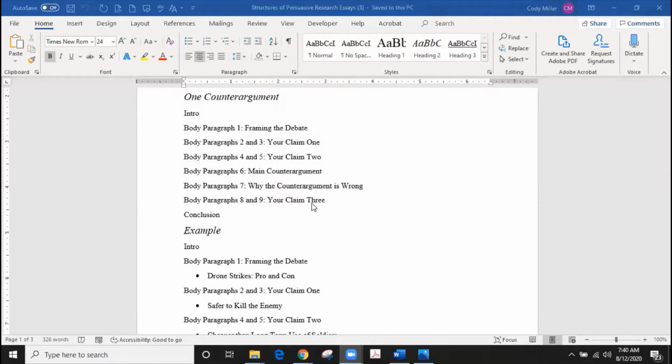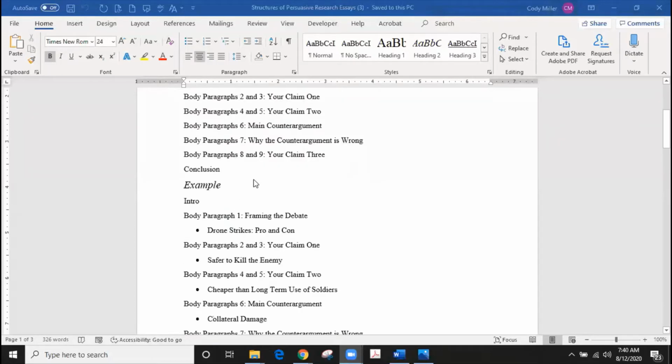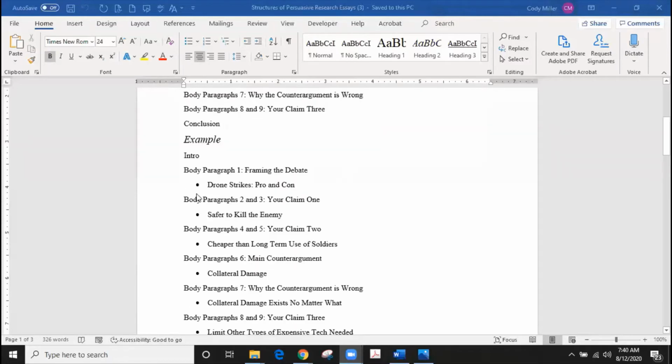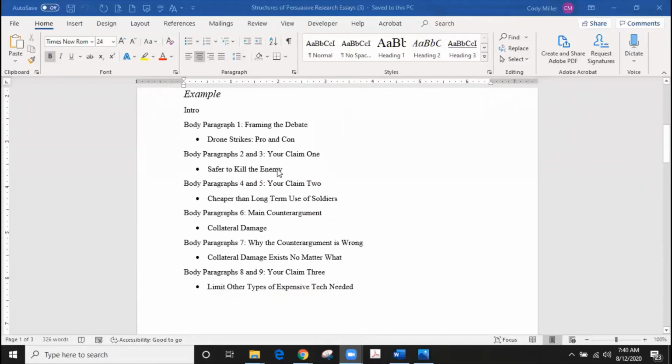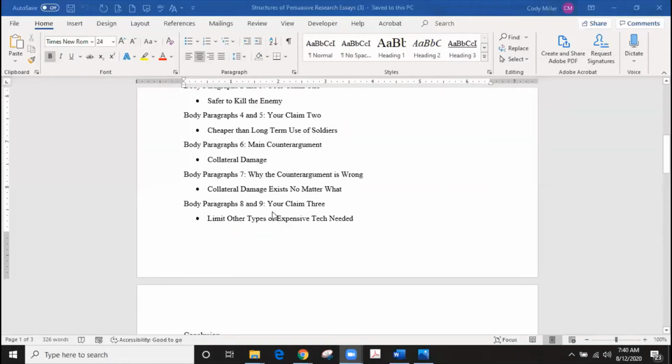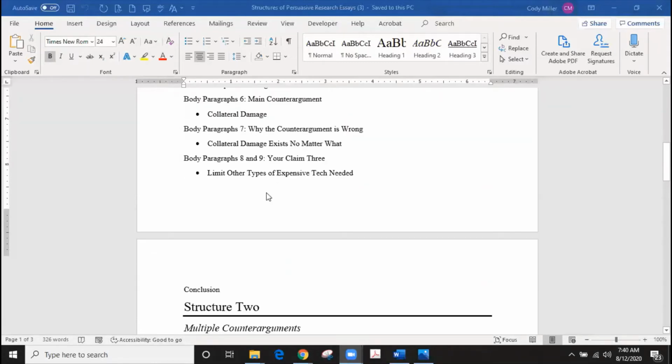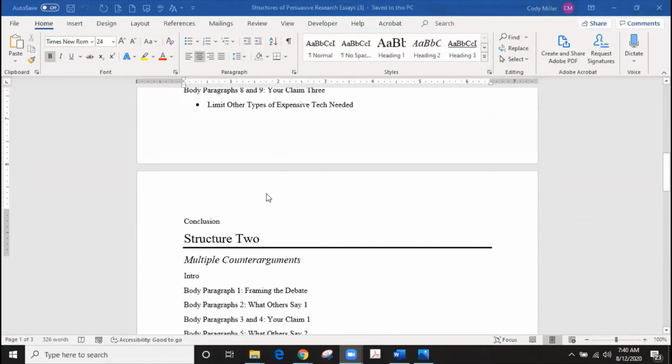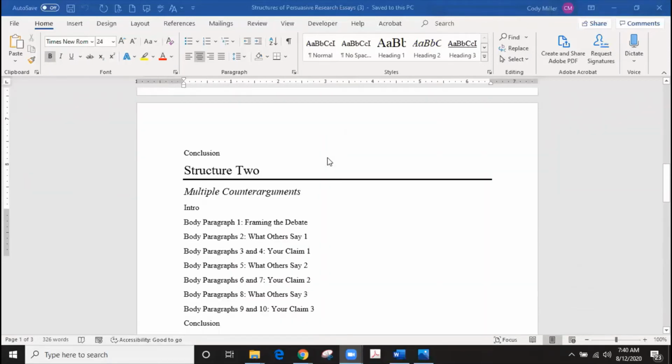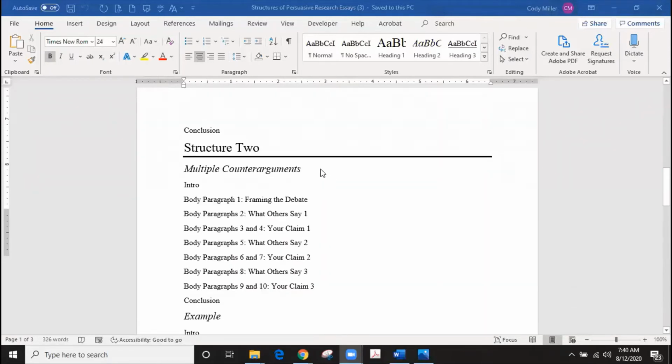And then you want to make sure that in this structure, you are finishing strong by bringing your own claim to the table at this point and saying, here's my finishing point to make sure that I have sources to finish on my argument versus theirs. And so you can see an example that lays this out down here, so you can take a look at that. Make sure that you look at each one of those and follow up with any questions that you may have with your instructor.